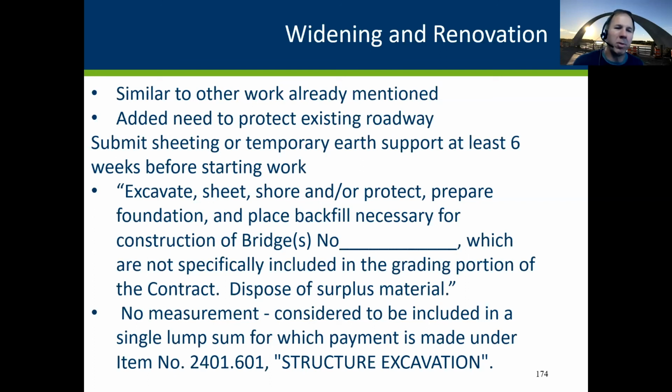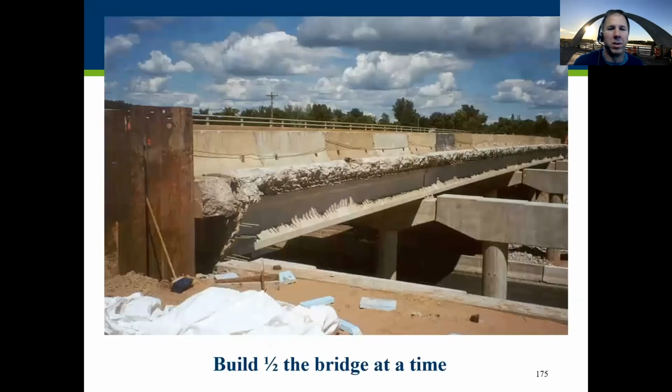So they have to provide a sheeting submittal saying how they're going to protect the area they've excavated, the area adjacent to what they've excavated. And we typically don't pay for the temporary works, but it should be included in price bid for structure X. So here's an example of a removal of a deck. The rebar is poking out, enabling the widening of the bridge. The sheeting is there to protect the approach panel from undermining and loss of material.